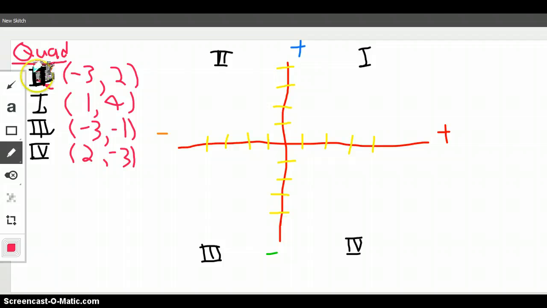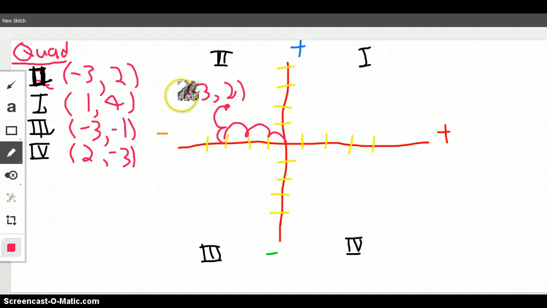So let's try for this one. It's going to be in quadrant 2. So that means we're going to start off with a negative x value and a positive y value. So let's see how that works. So we're going to go 1, 2, 3. This is point 3. And now we're going to go up positive 2. 1, 2. So now we found our point for negative 3, positive 2,